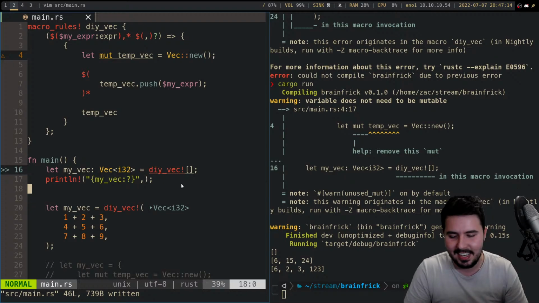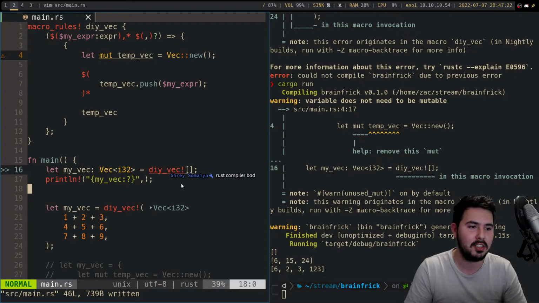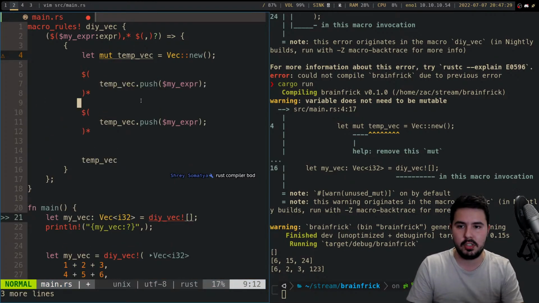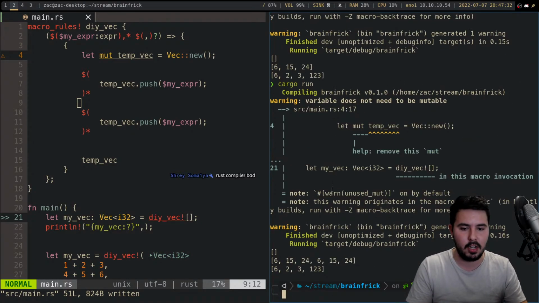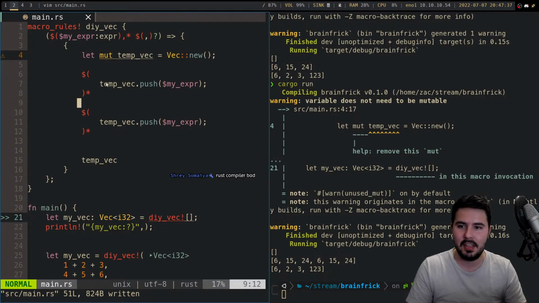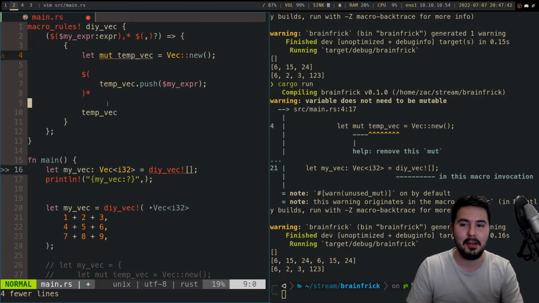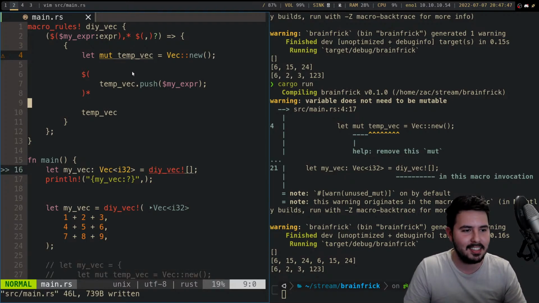Yes and yes. So generally, you'll see that when macros call themselves recursively. The first one, rather, you can actually just sort of do things twice. Like if I grab this code here and paste it again, this will just push twice for each element. So if I go cargo run, you'll see we get 6, 15, 24, 6, 15, 24, right? Because it'll push all of them and then push all of them again. For the second one, could you count how many things you have? Yes, you can. And maybe I'll leave it as an exercise after we write our own recursive macro for